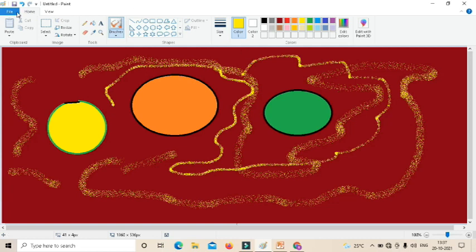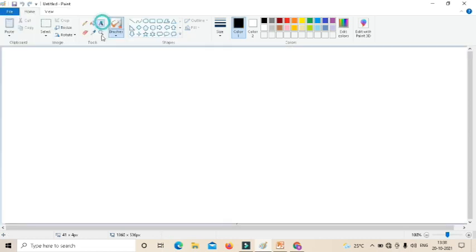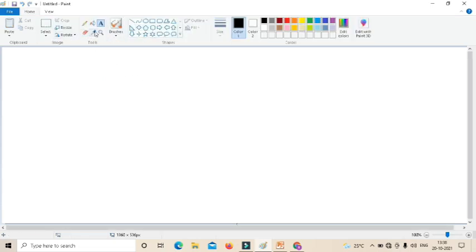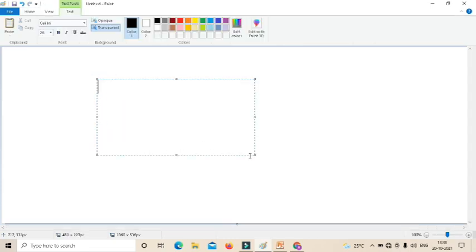And next is the text tool. The text tool is used to write text inside the drawing area. For inserting text, first we have to click on the text icon in the toolbar. A is the text icon. You just click on the text tool, then press the left mouse button and drag to locate the position, and then you can type the word hello. You can change the color of the letters from the color box.